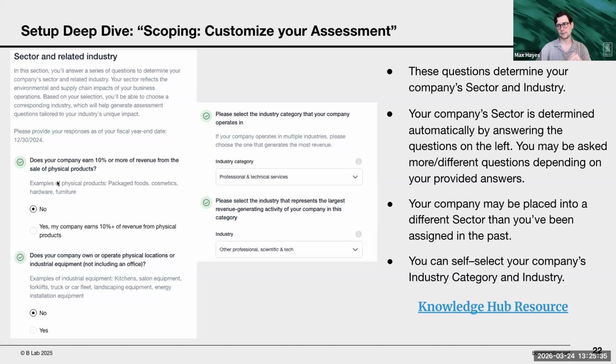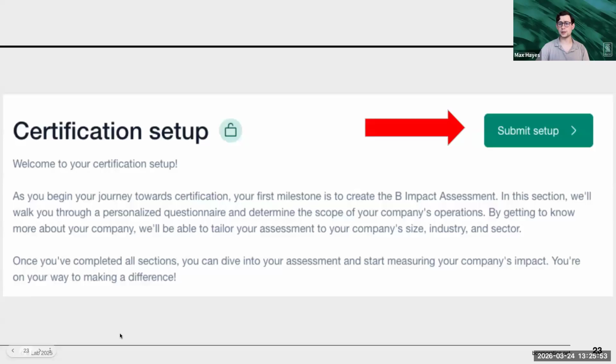tailored to your business. There are also two other fields that you'll fill out, your industry category and your industry. These are self-selected to help us better understand what kind of business that you are. And again, we have another knowledge base article here to really help you understand how to address these questions and answer it accurately. And so once you've completed those four tasks, which make up the setup